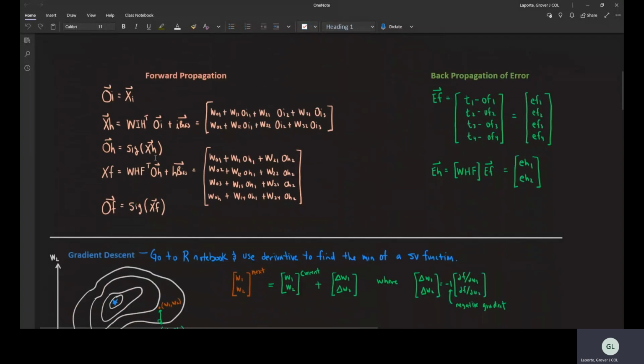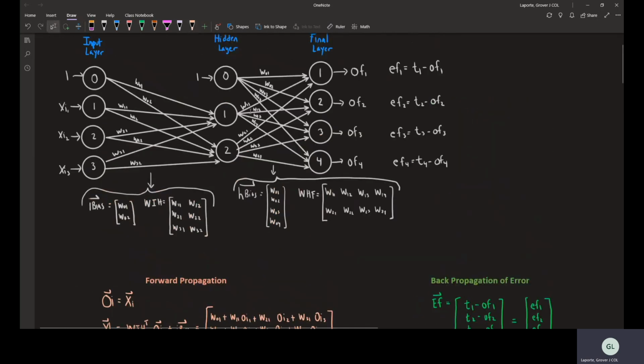Come back down. All I want to do is put a vector sign over the top of my X, because in this particular case it is more than one number. All right, so it allowed me to do it now. And then, in order to find that vector, again, that's the things that are coming into your final layer, those 4 numbers there,